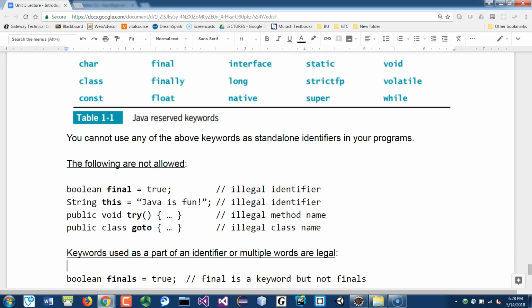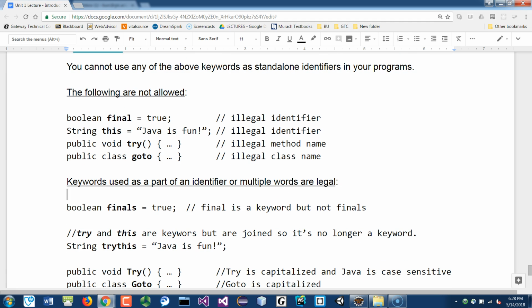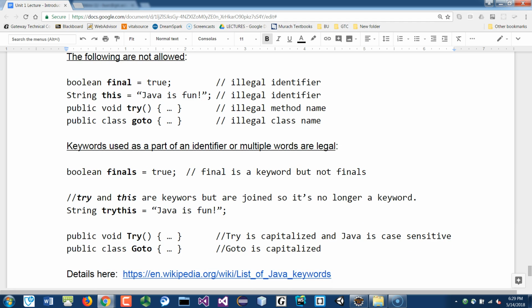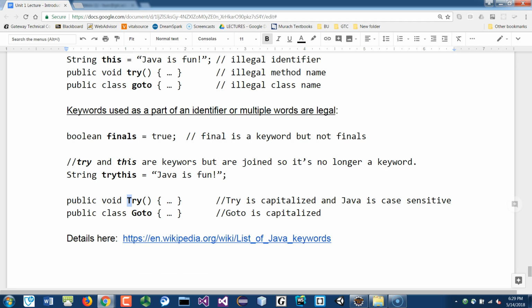But because Java is case sensitive, if you just capitalize it with a big F, it would have been okay. I put S here, but if you capitalize it, then that's okay because it's case sensitive. It's not the same as the small f. But anyway, so finals is fine. That means that you can include keywords inside your word or words, and that's fine. And like this here, for example, both of these are keywords, but if you combine them together, you can join them, then it becomes just a variable name. It's not a Java keyword anymore. And then the try here, again, I capitalized it, so it's now a valid identifier. Same thing with the goto. Okay, so